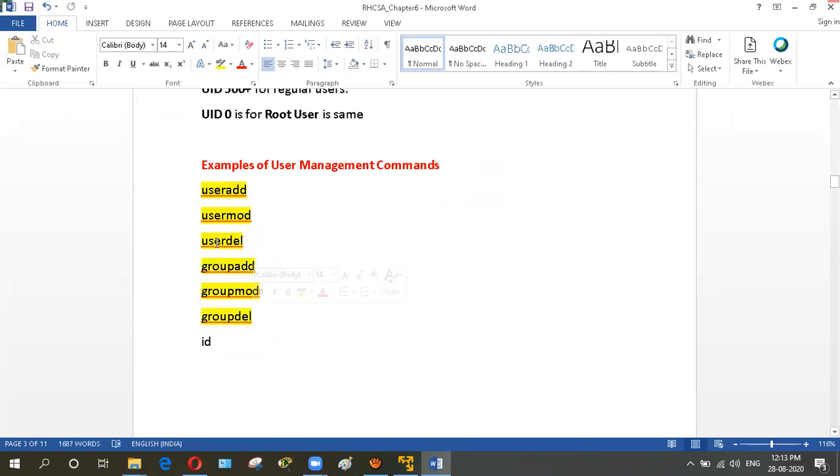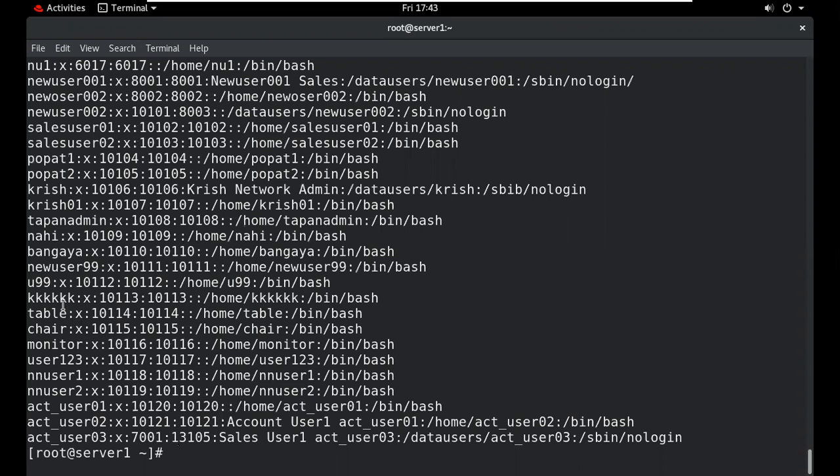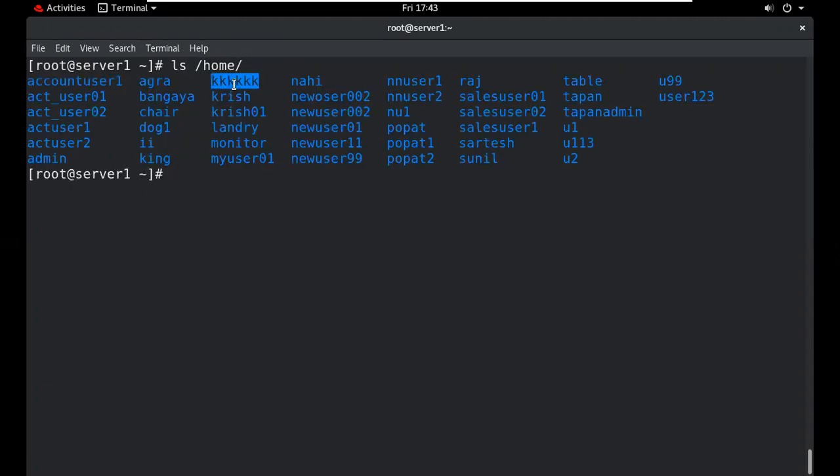So what is the use of userdel? Suppose we want to delete any user. Suppose this is the name of my user and we want to delete this. So what will we use? ls /home shows my user.